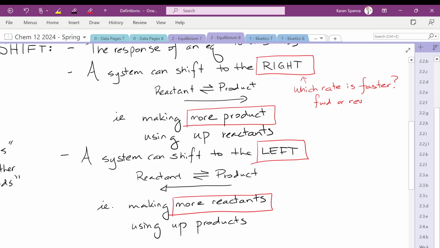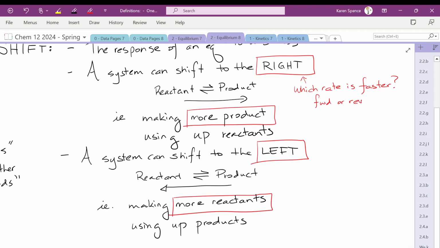Remember, we're making more product. If we're making more product, which reaction is faster? Forward. Because if I'm pushing things this way quickly, and the reverse reaction is going slowly,